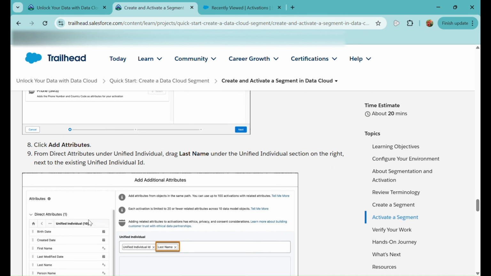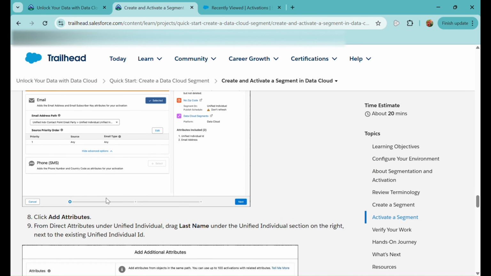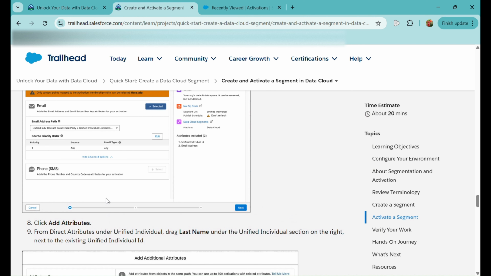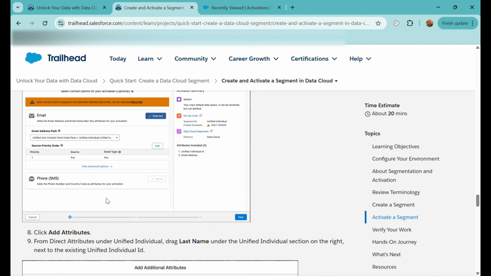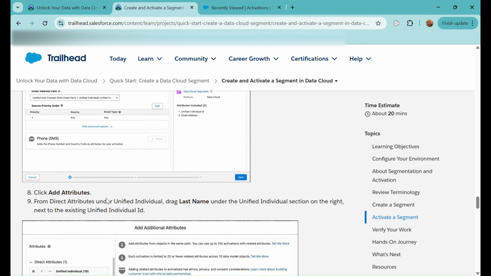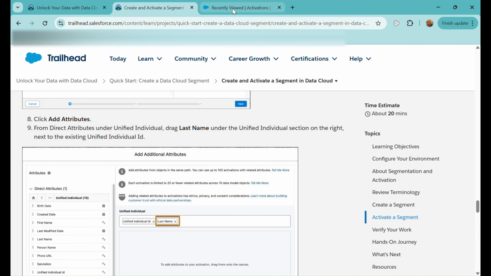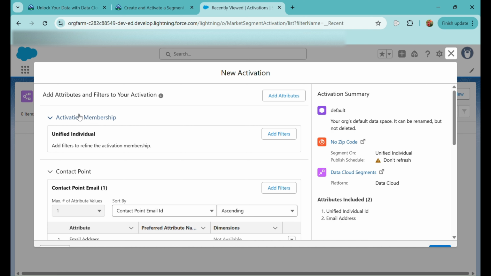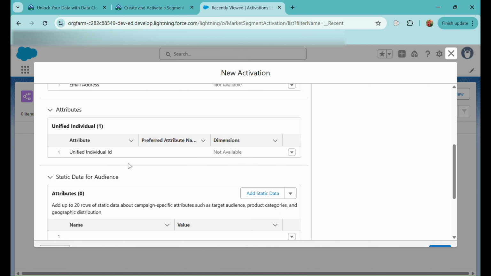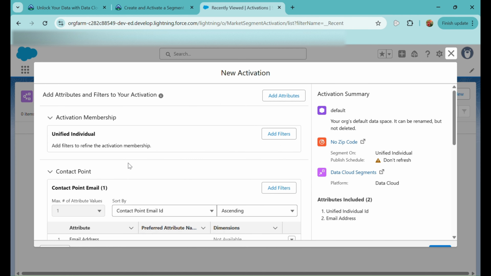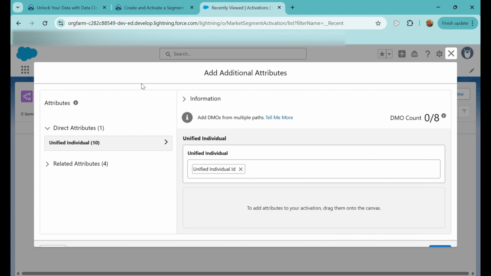And then here in this criteria, yeah, we need to click add attributes from the direct attributes. Okay, here add attributes.